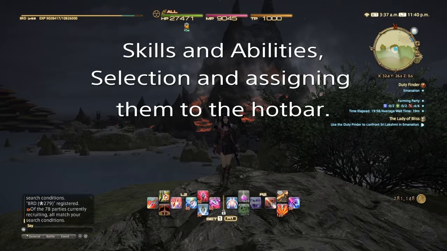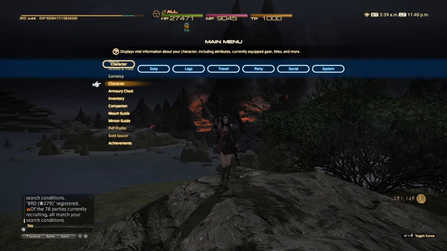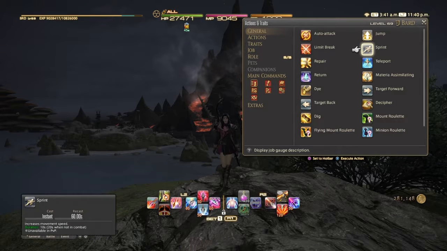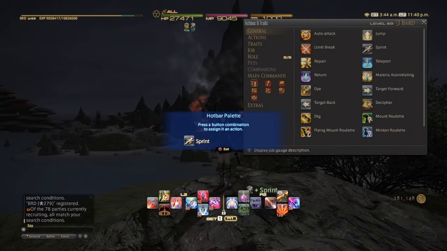Let's talk about how you assign your skills and traits and put them on the hotbar. If you go to actions and traits and choose one of the categories, let's say general, and let's say sprint, which is a very useful one. Say you wanted to put sprint on your hotbar somewhere. If you press square on that, it'll ask you which,